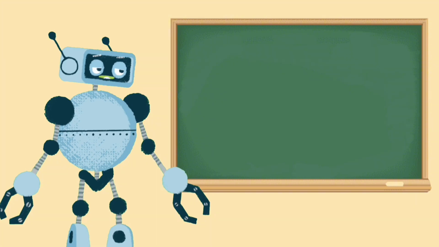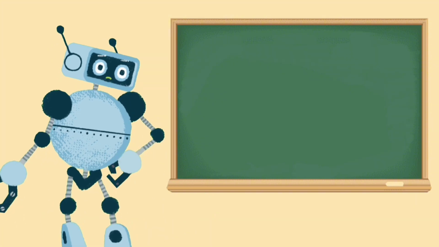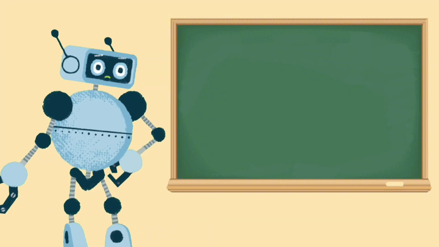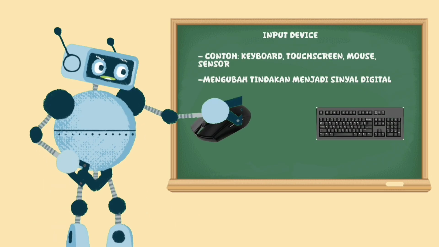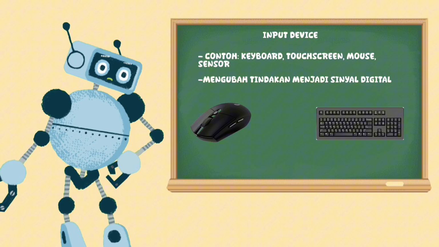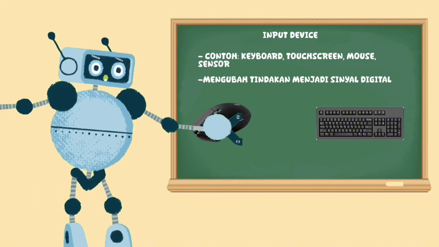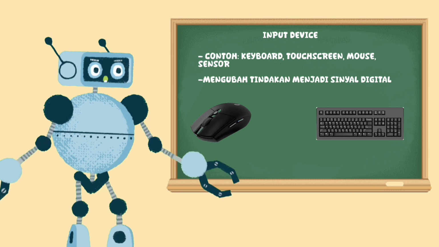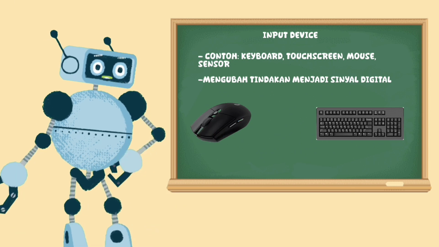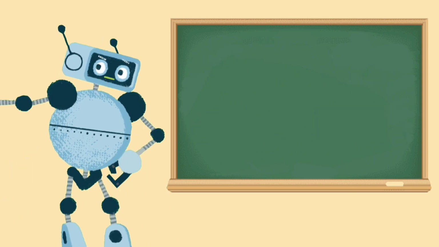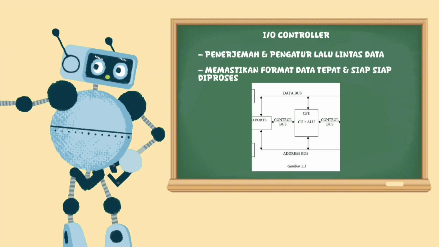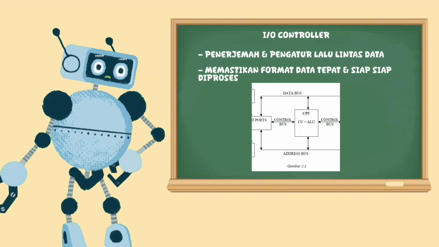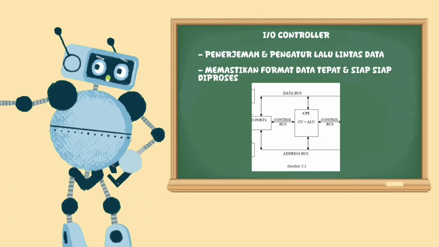Today we will explain about the data journey in a computer, which is how data travels inside a computer from the moment we give a command until the result is displayed back to the user. This journey begins with an input device such as a keyboard, touchscreen, mouse, or sensor. Every time we perform an action, the input device implicitly converts it into a digital signal that can be read